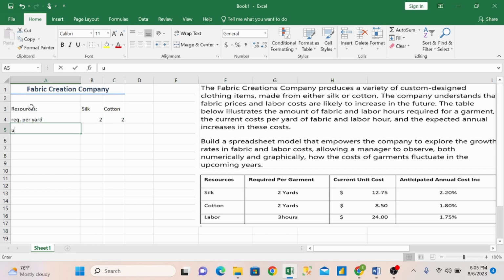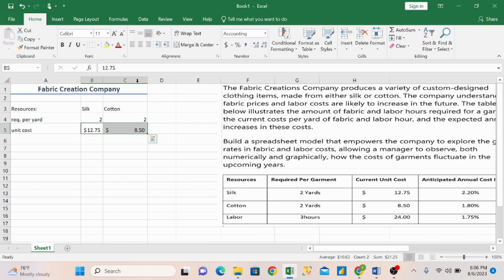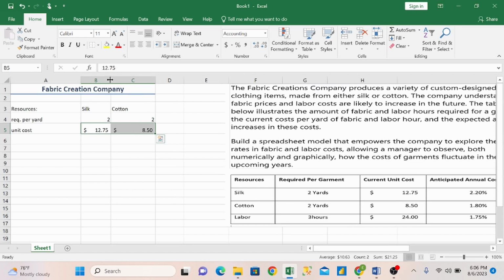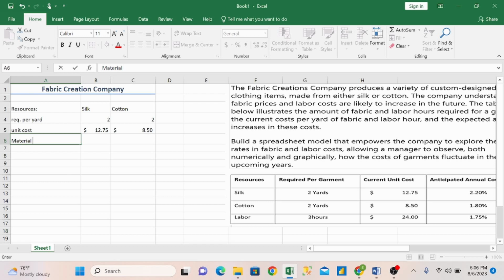Now what is the unit cost? Each yard costs, for silk, 12.75 dollars, and for cotton, 8.50. Let me drag this out a bit. Okay, so now my material cost is going to be